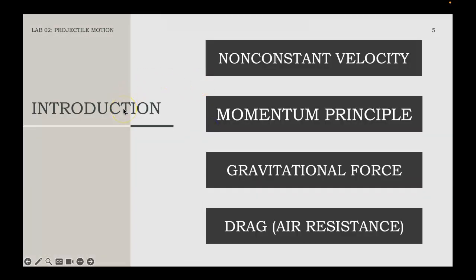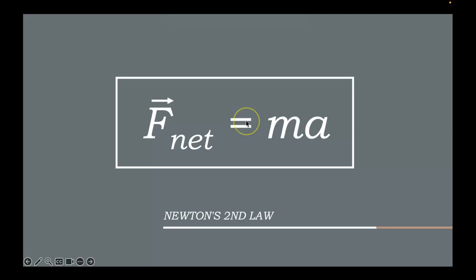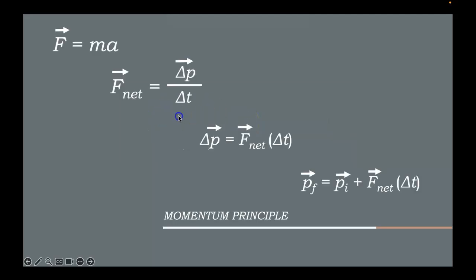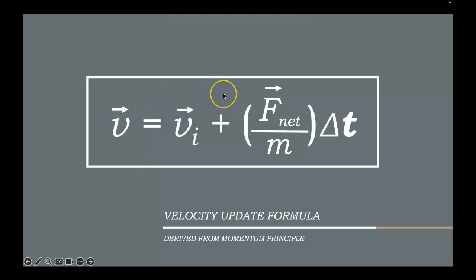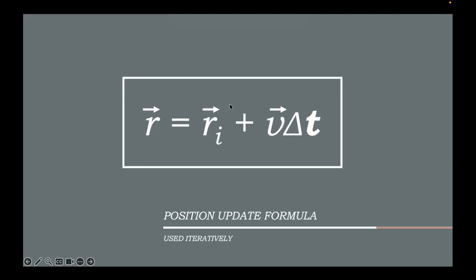Just to introduce our fundamental physics concepts and principles, we have non-constant velocity for this lab due to a force, momentum principle, which we will apply to find our derived equations, gravitational force, which causes that non-constant velocity, as well as drag and air resistance. So we'll just start off with Newton's second law, F net equals mass times acceleration. We'll apply the momentum principle to get this derived equation here, which is the velocity update formula. And along with that, we'll also get the position update formula, and we'll use this iteratively due to the fact